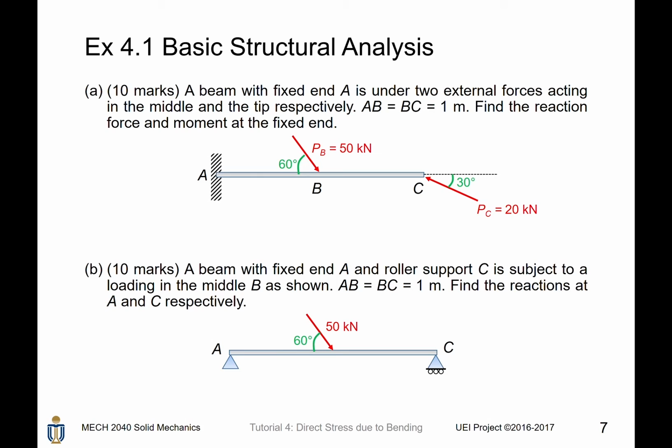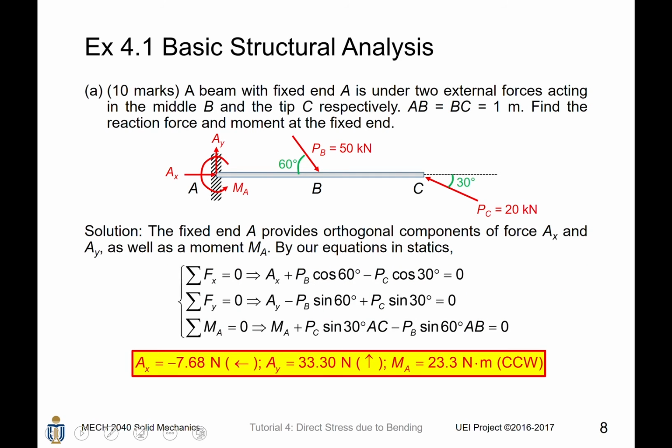Besides, a beam with fixed end A and the roller support C is subject to a loading in the middle as shown here. If AB equals BC equals 1 meter, you are required to find the reactions at A and C. For the first problem, first, sketch the orthogonal components of forces as well as the moment at